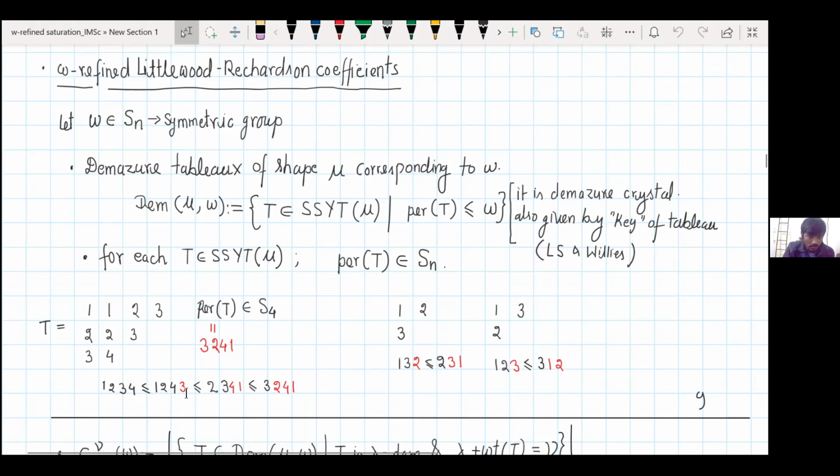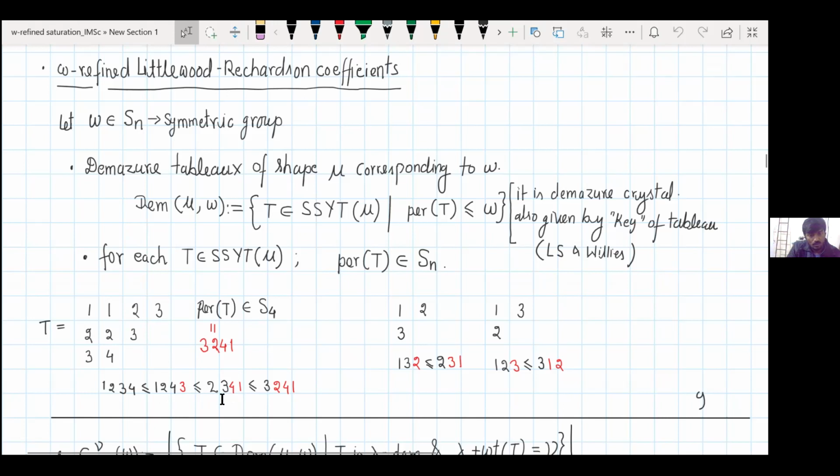For the second permutation, you look at the second column. You see entries 1 2 4, so you put 1 2 4, and if there is a remaining entry, you put it here. If there is just one, there is no choice; here it's 3. So now the permutation is 1 2 4 3, and this is bigger than the previous one because of the rule of semi-standard Young tableau filling. Now for the next permutation, you see this column, 2 and 3, so you put 2 3, but next you have two choices. You have to fix where to put 4 and where to put 1, and that depends on the previous permutation.